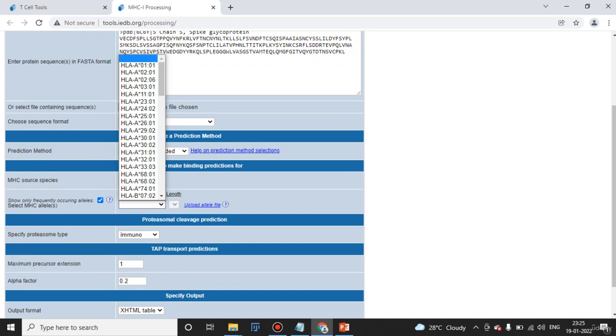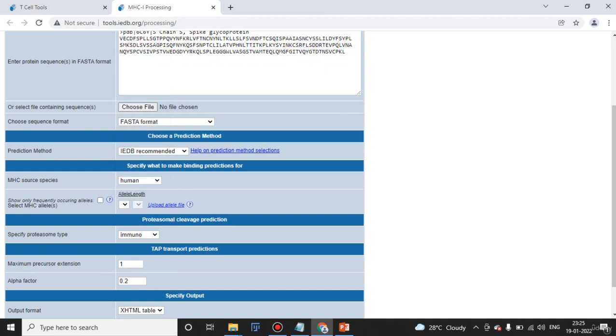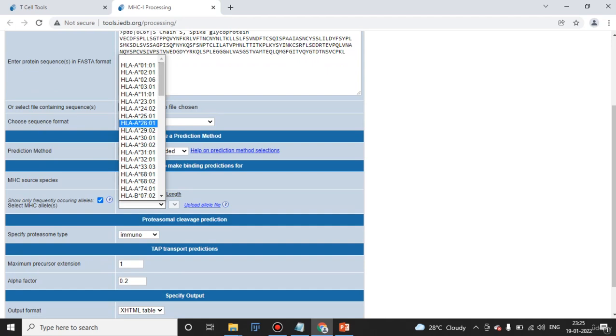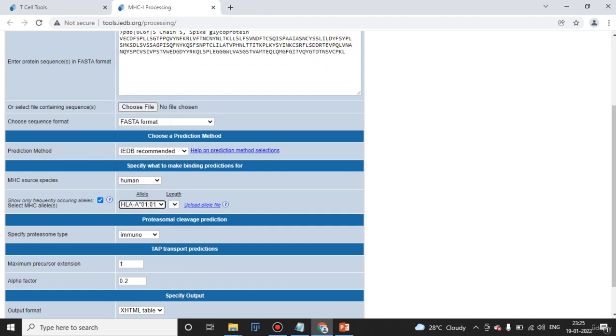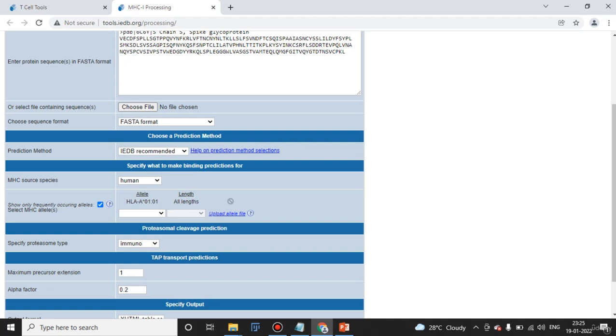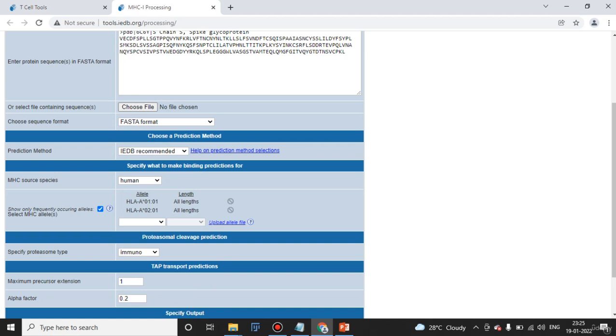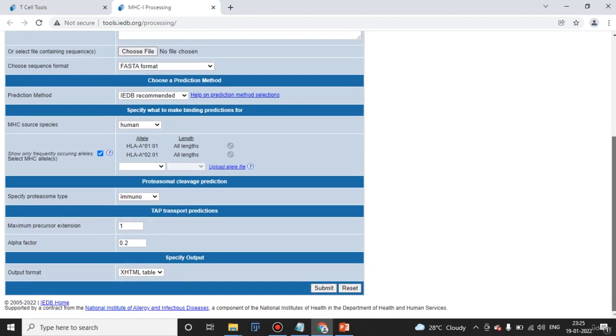Okay, so if you want frequently occurring alleles, you can select that, or you don't have to select it and manually select the alleles. So I'm gonna select the frequently occurring alleles because that's what makes sense. And then I'm selecting some of the alleles of all length. Okay, not specifying any length. Okay, now select the